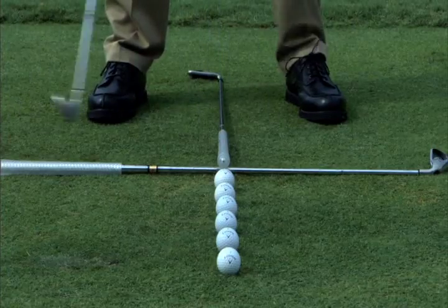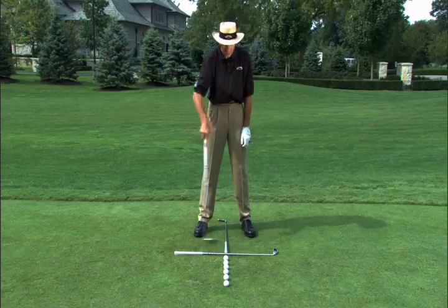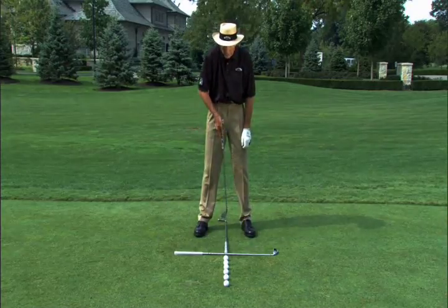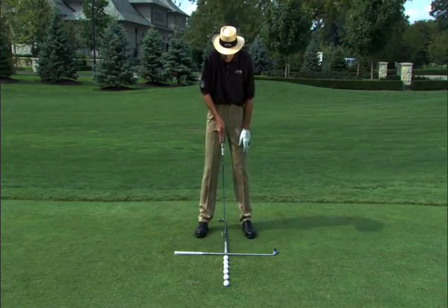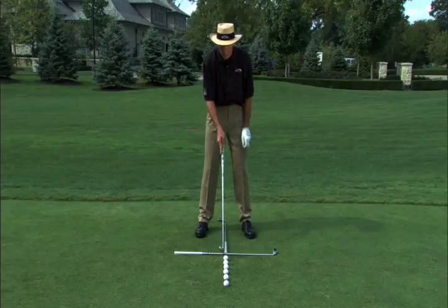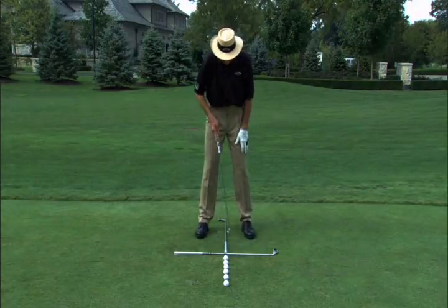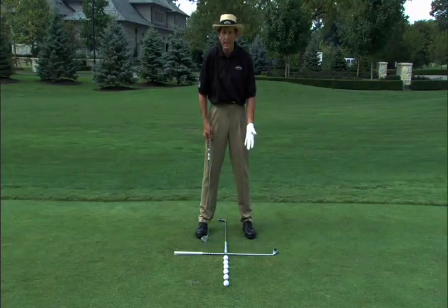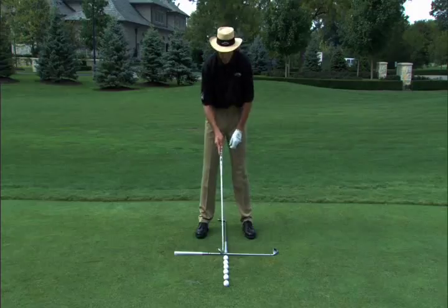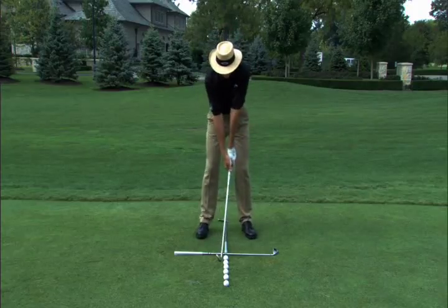I've got a tee laid down. Okay, I've got this club, which is aimed parallel to my target. This club here is at right angles, and now all I'm going to make sure is that this club is in the center of my stance, because I want the ball with a short iron in the middle of my feet. So the distance between the left foot and the center and the right foot and the center are exactly the same. Now, by lining these 6 balls up in a row, all I've got to do is hit the first one,